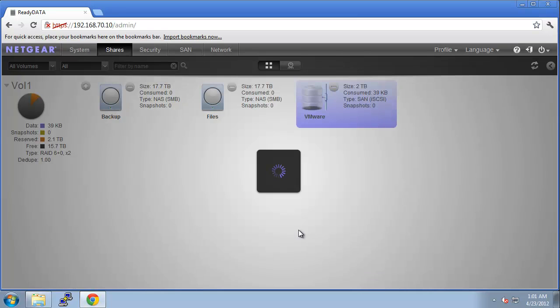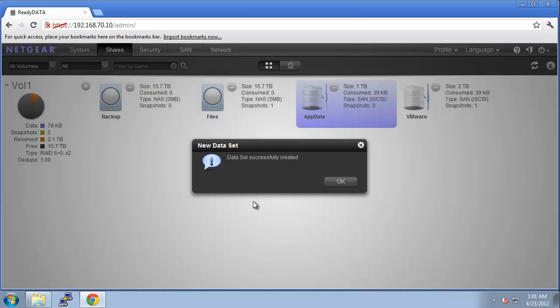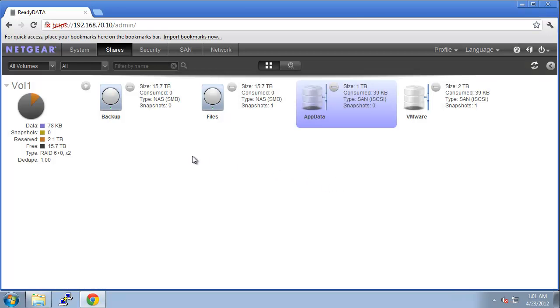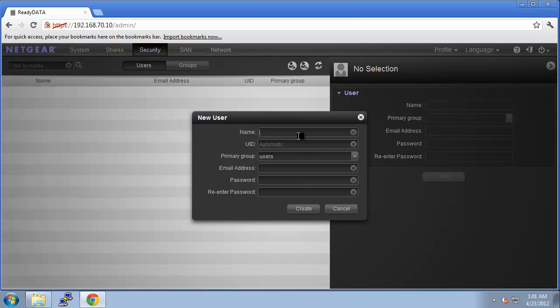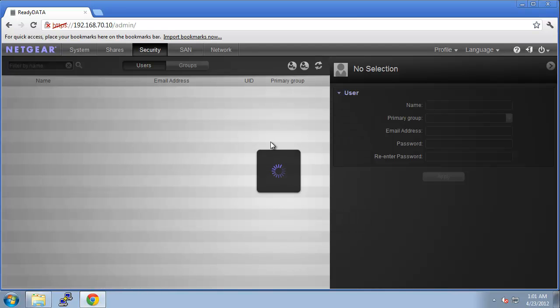Now that I've created 2 shares and 2 LUNs, I'm going to go to my Security tab and create some users. In this case, I'll create one user just to access my shares. Alternatively, we could integrate the system with Active Directory, and you could use the users and groups from your Active Directory environment to authenticate when accessing SMB shares. But in this case, I'm just going to create the user Peter. I'll use this account to access my SMB shares. I'll now go back to my